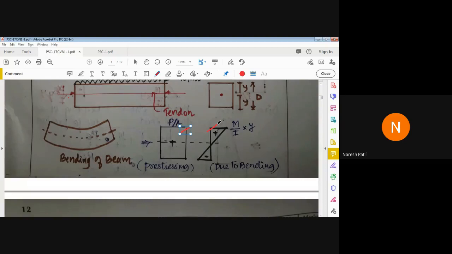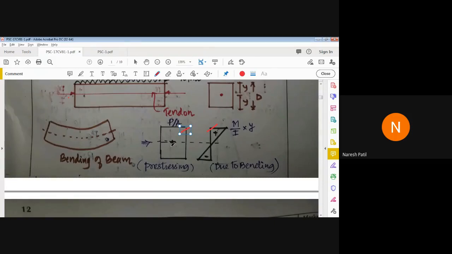First of all, this is direct stress and this is bending stress. Direct stress is because of the pre-stressing force P, so it is the stress offered by the section due to pre-stress. That's why it is directly P by A. And due to bending, we have M by Z, M by I into Y, and even at the bottom, M by I into Y. But in sign convention, we have plus and minus, and this is only plus. So you will get n number of doubts here now. Why is it rectangular in shape and why is it triangular in shape? Okay, so I'll explain here now.